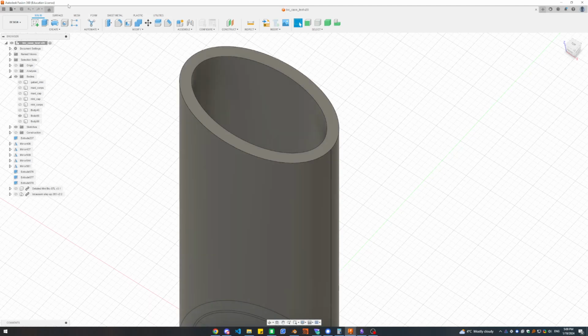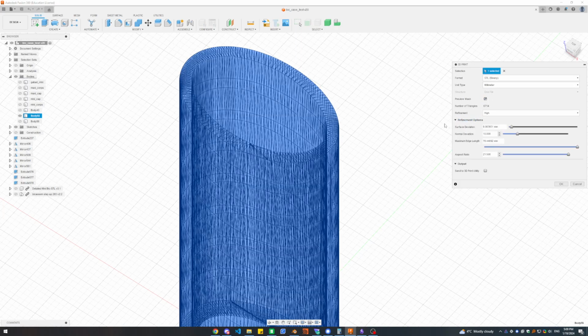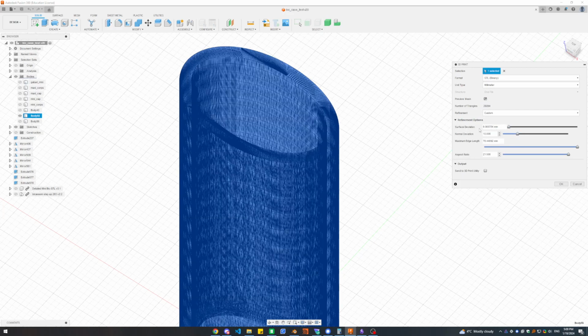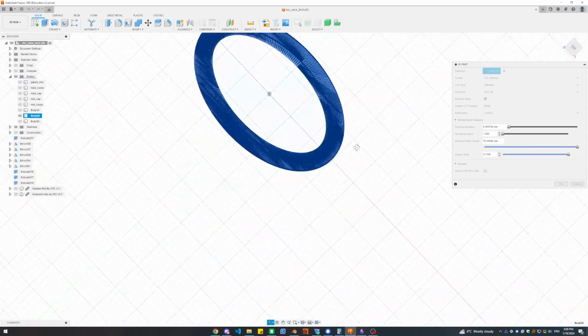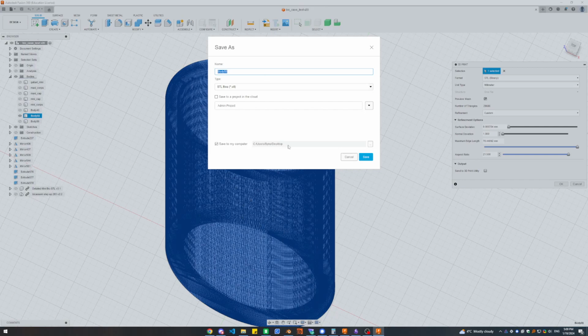Then I will export the same file but with a custom refinement option. If you go in the refinement option and put everything as low as possible for the surface deviation and the normal deviation, just to test, and export it, this is a very high resolution mesh. So 0.35, Fusion,